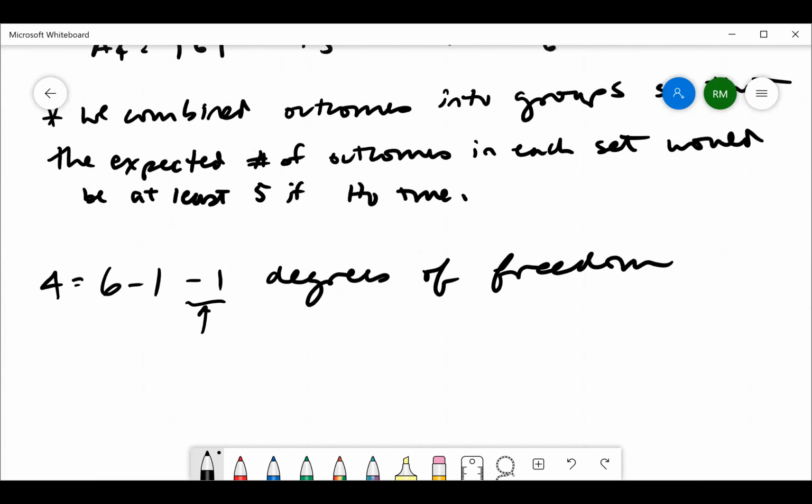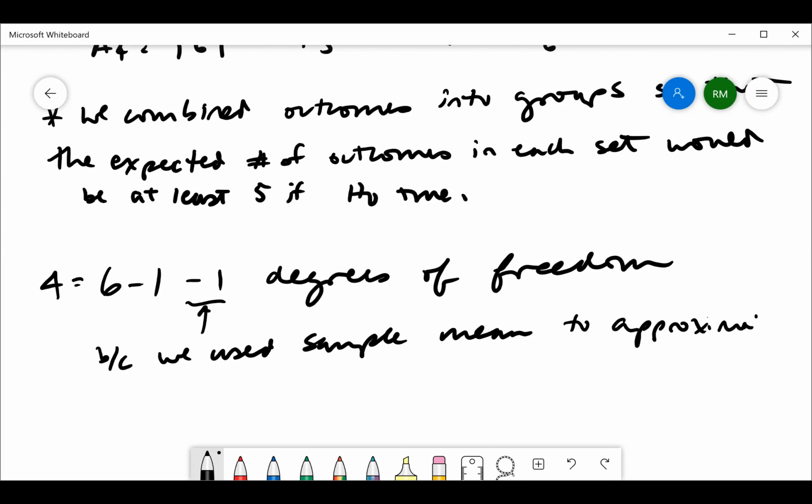So we subtracted this extra one because we used the sample mean to approximate the mean of our Poisson distribution